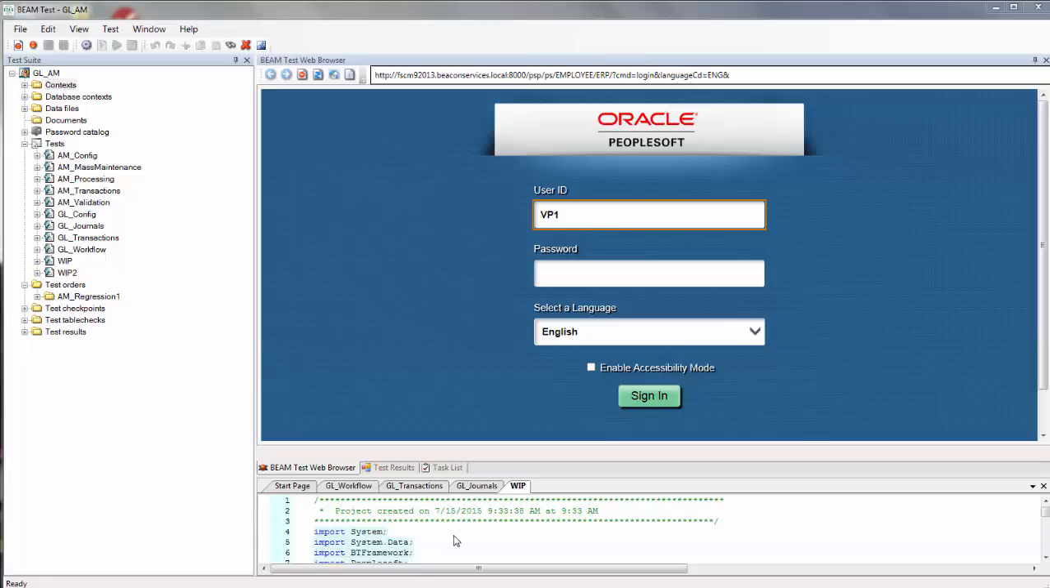Hello, and welcome to today's video, which will provide an overview of Beam Test. Beam Test is an automated testing tool designed specifically for the PeopleSoft applications. What you see in front of you is the Beam Test application up and running, which consists of three main